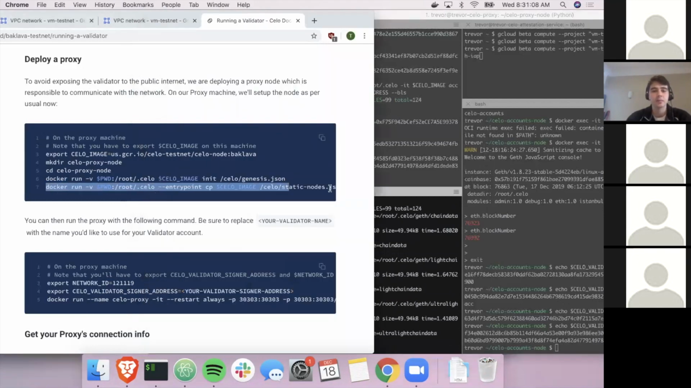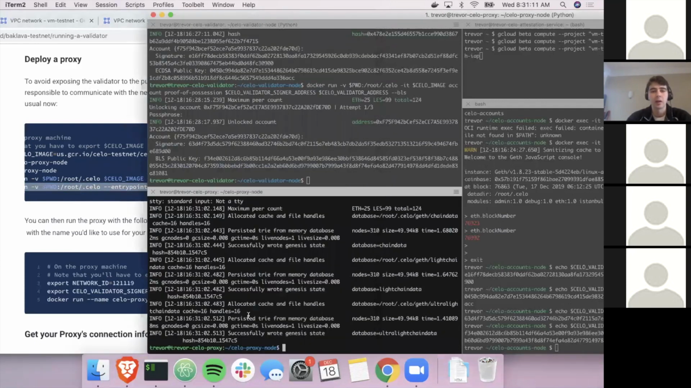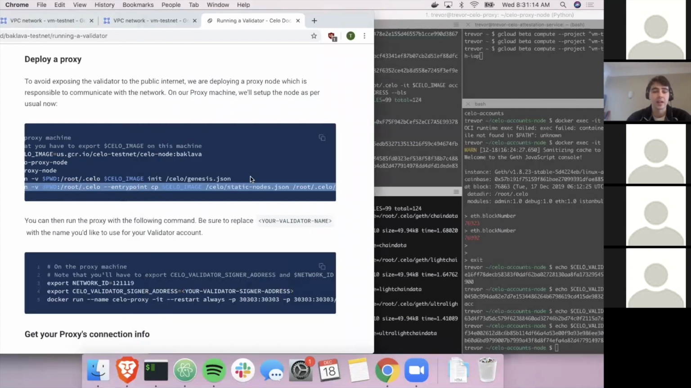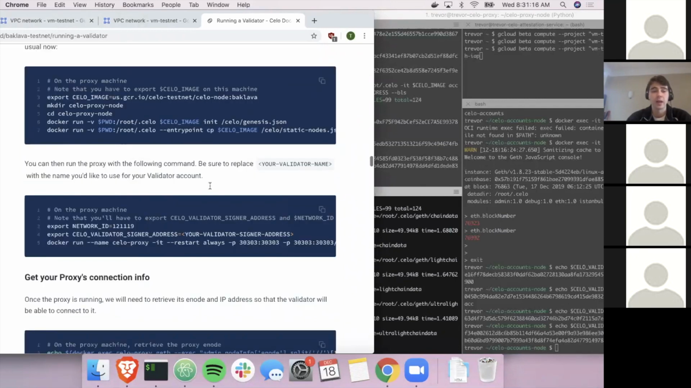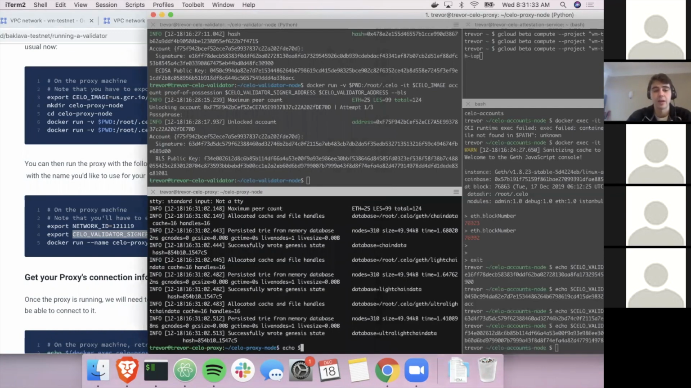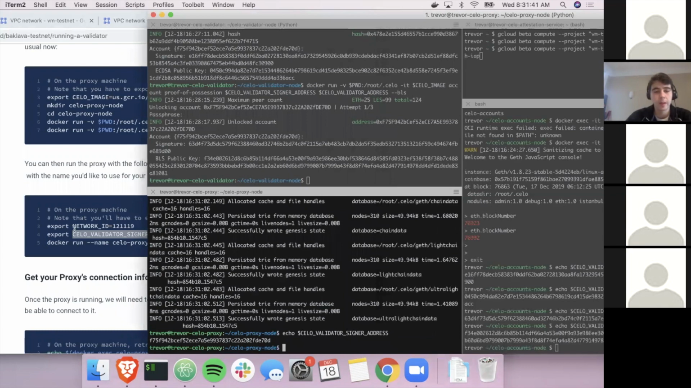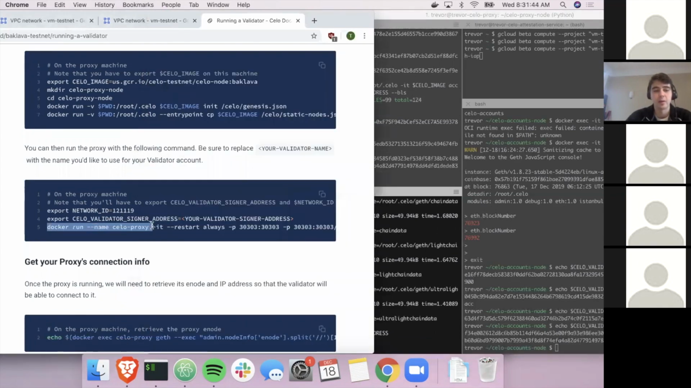And then do something similar with the static nodes. And then down here, we'll actually run the command to start the Docker container. So on the proxy machine, we will also need to know the Celo validator signer address. So I'm just going to make sure that I have that. Cool. And then this whole command right here will actually start the container that will restart if it were to